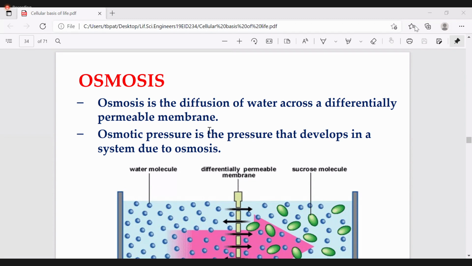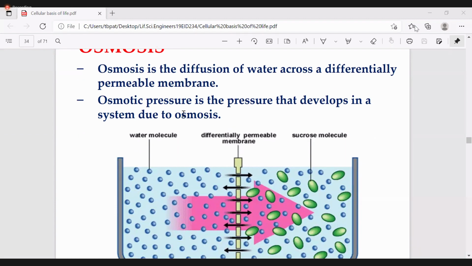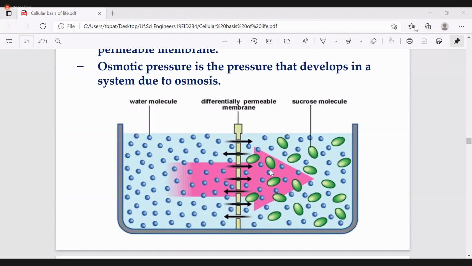Okay, osmosis. Osmosis is the diffusion of water across a differentially permeable membrane, through osmotic pressure only. Osmotic pressure is the pressure that develops in a system due to osmosis. The water molecules can pass through the differentially permeable membrane, but at the same time, only through osmotic pressure does it move